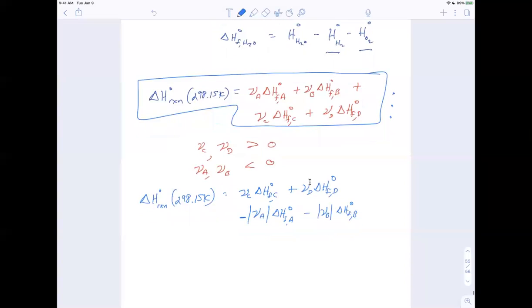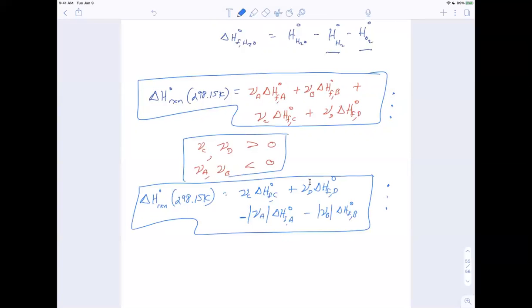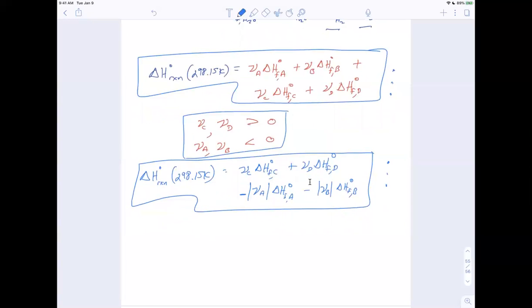What I've done in this expression is just to use the absolute values of the negative stoichiometric coefficients, and I've introduced the signs myself. So this may be something that is more familiar to you all, but I've tried to do it both ways so that you can compare the two expressions. And these two are equivalent because we've defined the stoichiometric coefficients to have positive and negative values, whether they're a product or a reactant. So these two expressions in the box then allow us to write delta H of reaction very generally,